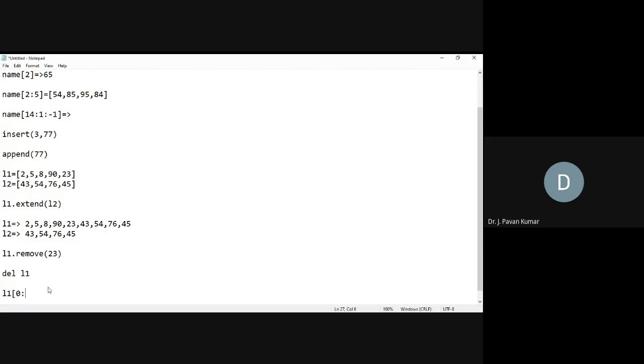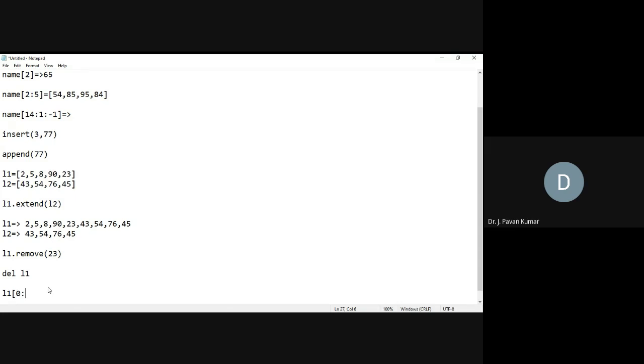For this particular one, we are having one flexibility in indexing: we wanted to print starting from the 0th index. That is trivially known to everyone. Index starts from 0. So starting from the beginning of the list, from 0 only we have to print.